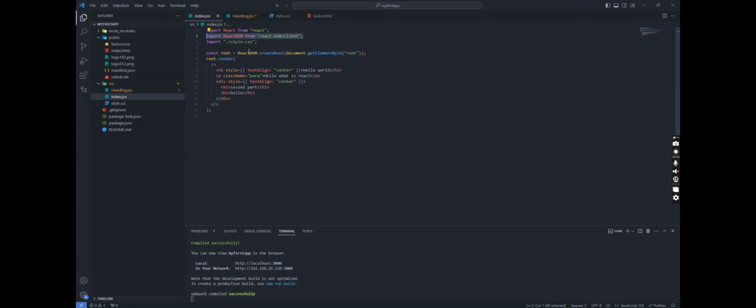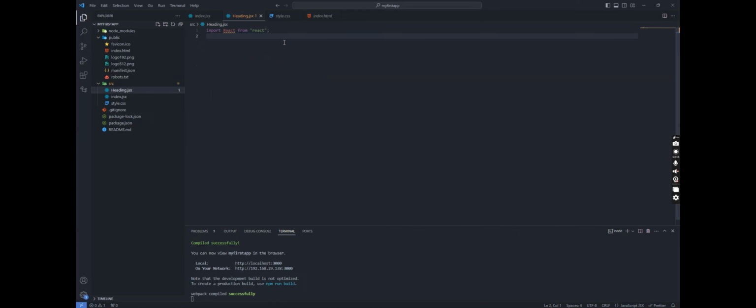We are not going to use any DOM file in here. That's why I'm not importing React DOM inside this file. Okay, so now let's make a function. I think you all know how to write a JavaScript function. If not, I'm going to bring JavaScript videos very soon, just watch them. The function, for example, head, and now I have created a simple function. For example, now return. Now again I am using the shorthand of the React strict mode or the React fragments, and inside here I'm going to use, for example,